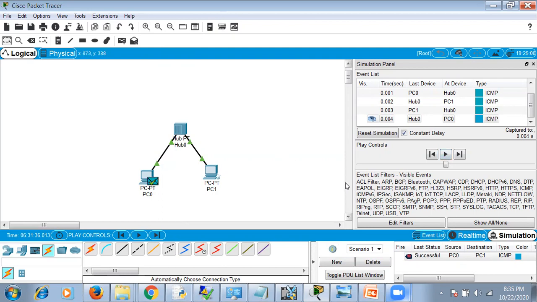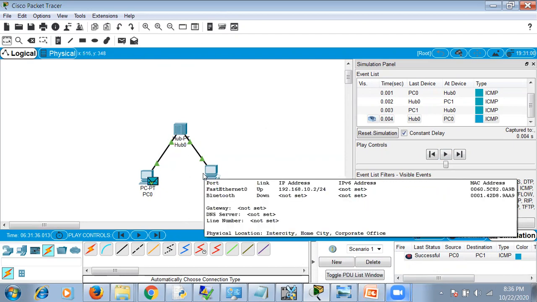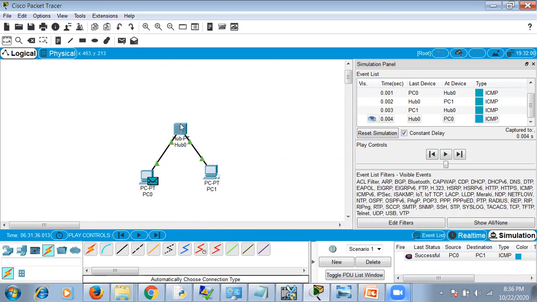Initially in the first simulation, we got unsuccessful. The second time when we did it, it was successful. That is because it has to find the route to go to the proper PCs. The port or the link address was not assigned. There is a protocol which itself identifies what route the message is to be sent on. So based on the IP addresses initially, the hub itself will decide which port the message has to go to.